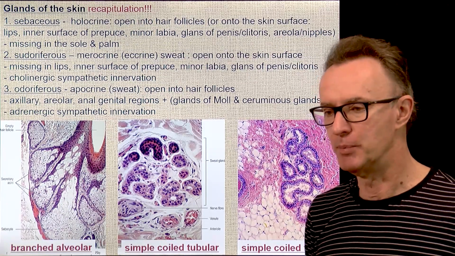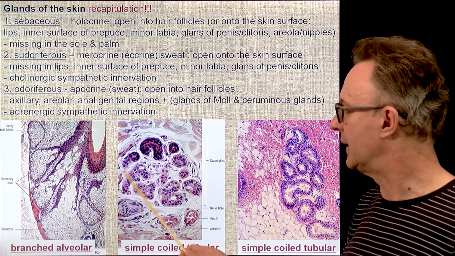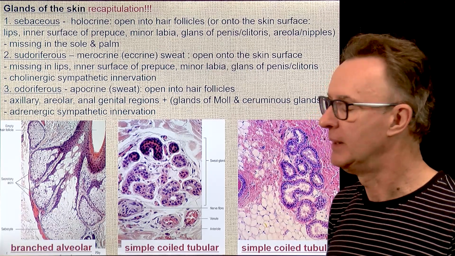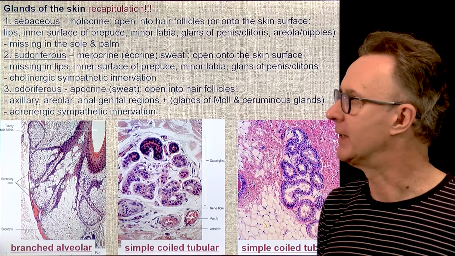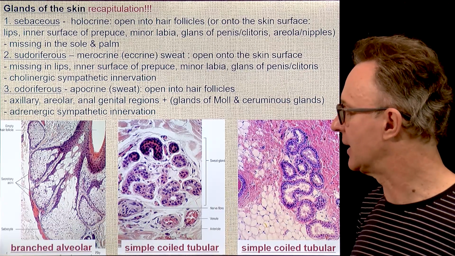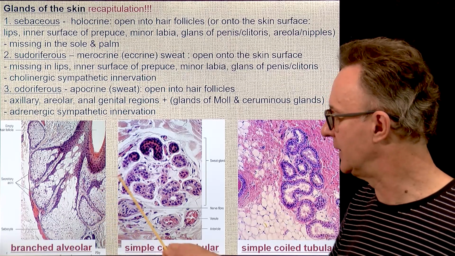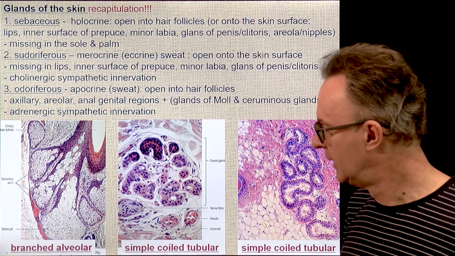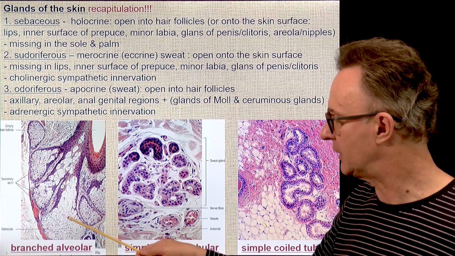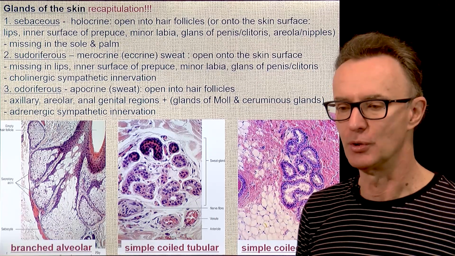The glands, it's important recapitulation at the same time. We studied 3 glands in the skin. So it was a basic rule that if you see a stratified keratinized squamous epithelium, then only these 3 glands are the options. So no mucous and serous glands, that is a big mistake. Only these 3 glands are the options. The most frequent would be these 2, the sebaceous gland and the sweat gland, but in some areas we have a third type, the so-called